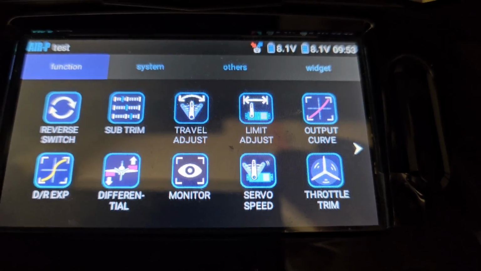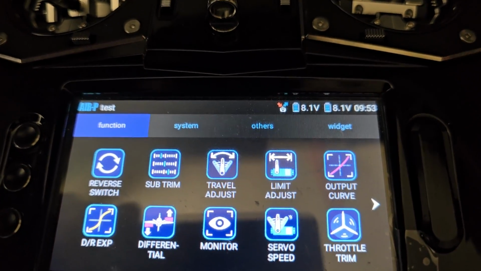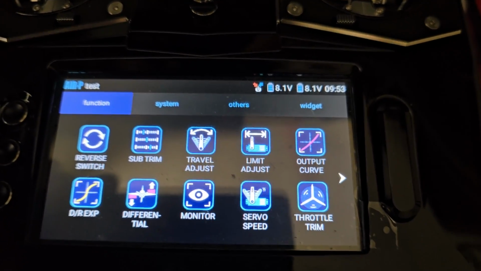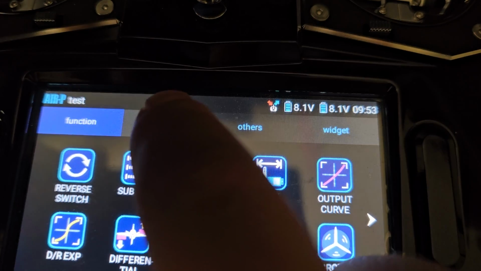Okay, real quick video for Jeff. How to mix his tail wheel so that when he puts his retracts up, the tail wheel is deactivated, so it doesn't work. So the first thing that we're going to do is open up the program menus, go to